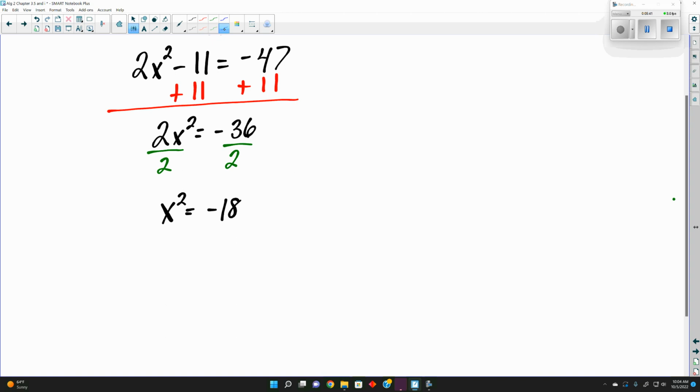Then we would square root it. Now the square root of x squared is going to be x is equal to plus or minus. Well, the negative 18,